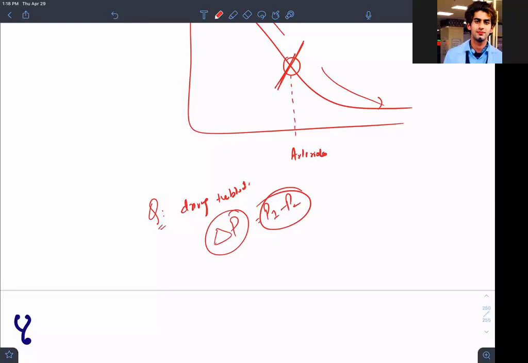Okay. Once you create this gradient, a high pressure and a low pressure system, what will happen? Flow will happen. And if you increase the resistance of the blood vessel, what will happen? Will flow decrease or increase? Flow will decrease. Fine. Is it clear? Is there any doubt, guys?